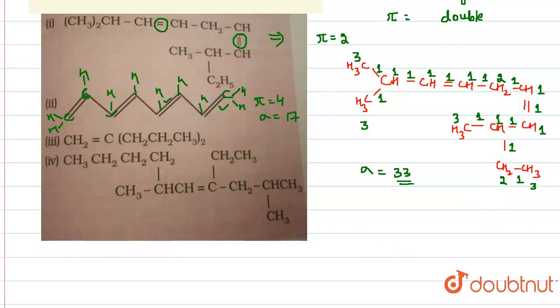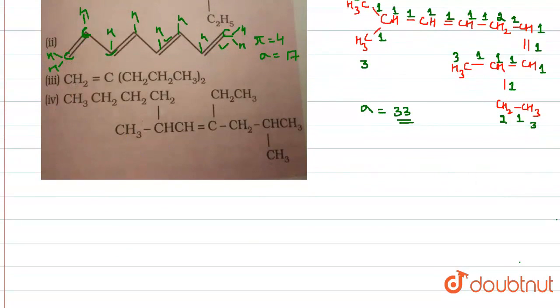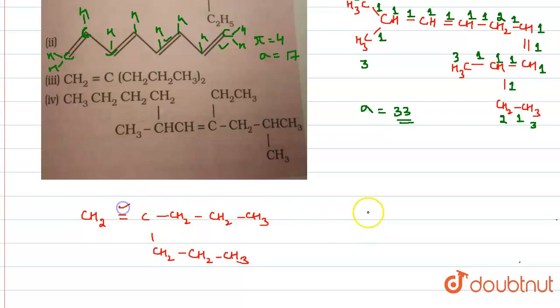Next part is this group: CH2 double bond C, with CH2, CH2, CH3 groups attached on both sides. So here we can see we have 1 pi bond. This is our 1 pi bond. So the number of pi bonds will be 1 and the number of sigma bonds is, this carbon is attached